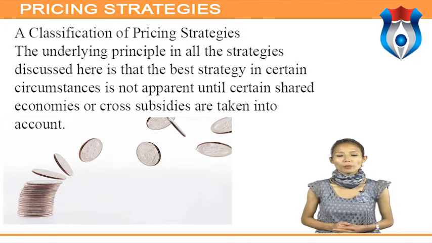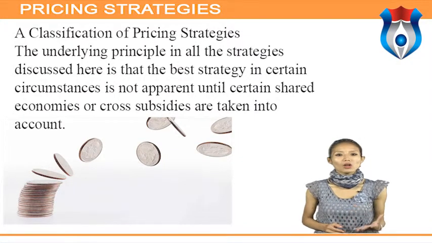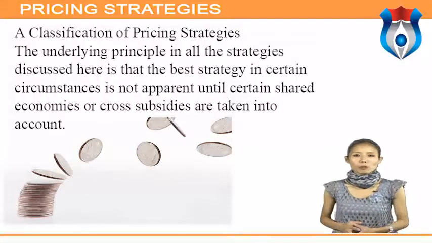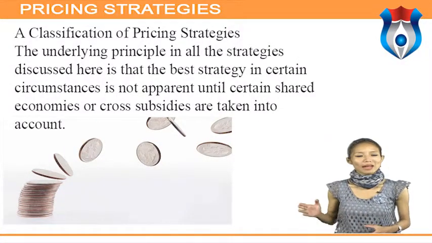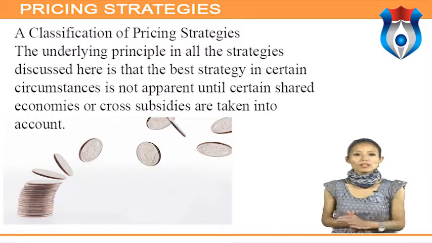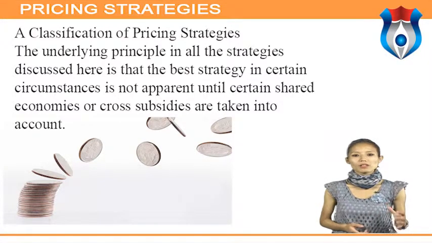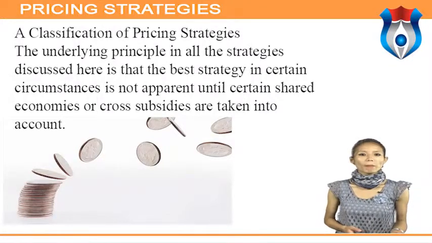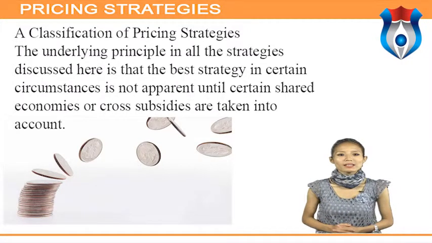In a shared economy, one consumer segment or product bears more of the average cost than another, but the average price still reflects cost plus acceptable profit. The use of such economics may be triggered by heterogeneity among consumers, firms, or elements of the product mix. The pricing strategies can be broadly classified into three groups based on which of these three factors affects a firm's use of shared economies: differential pricing, whereby the same brand is sold at different prices to consumers;